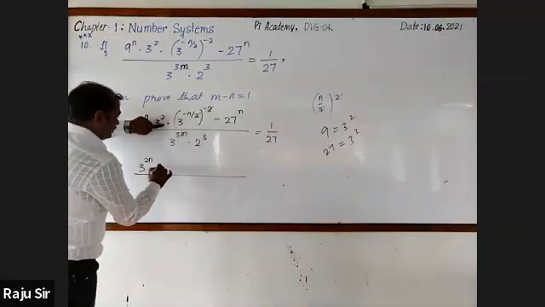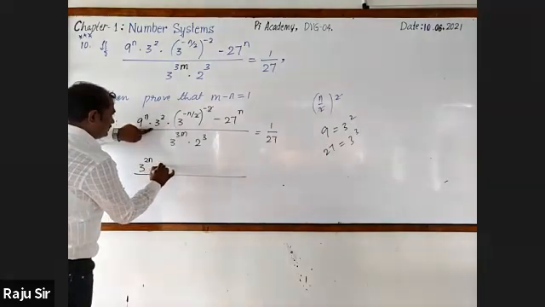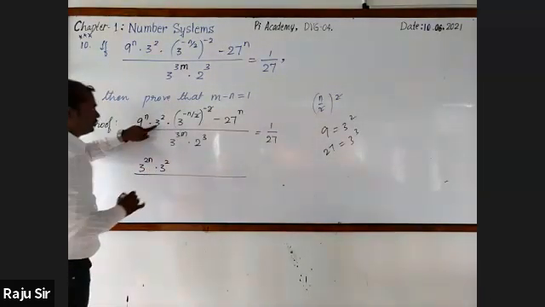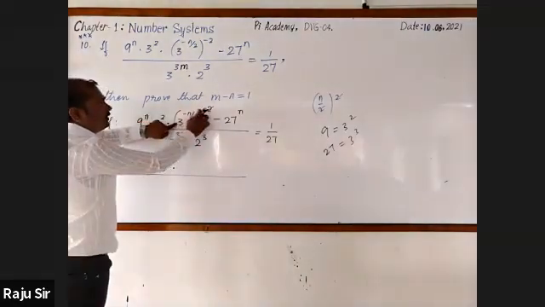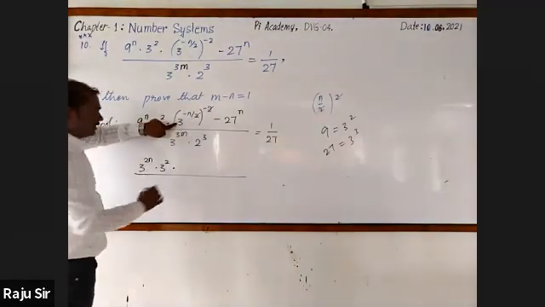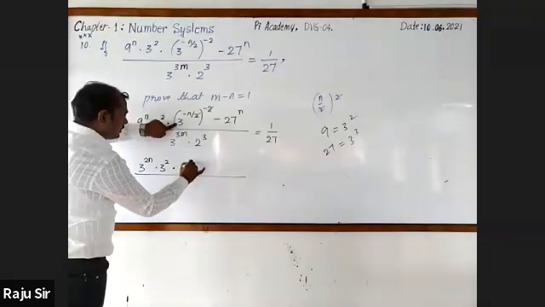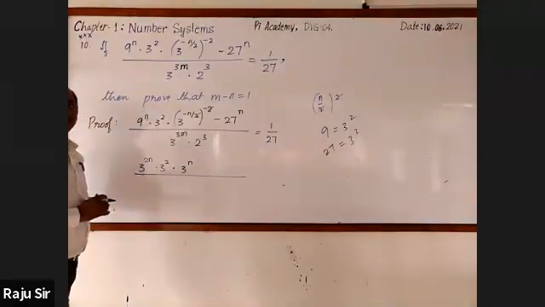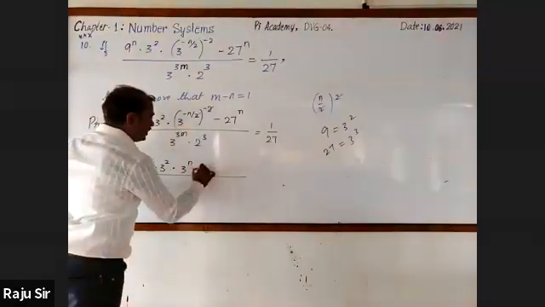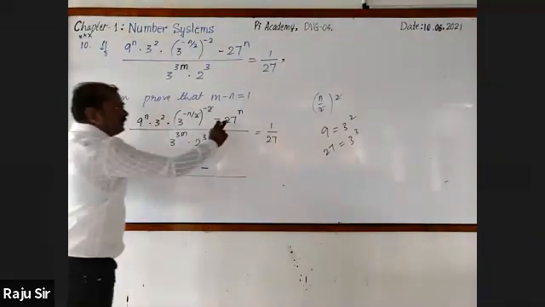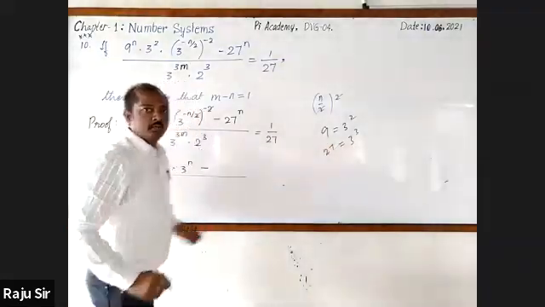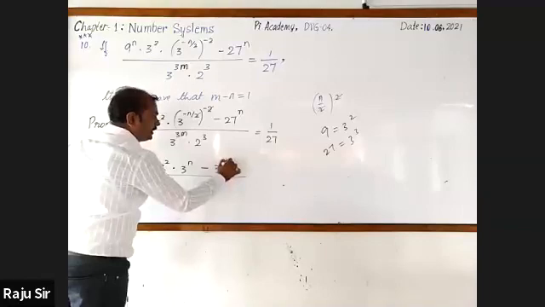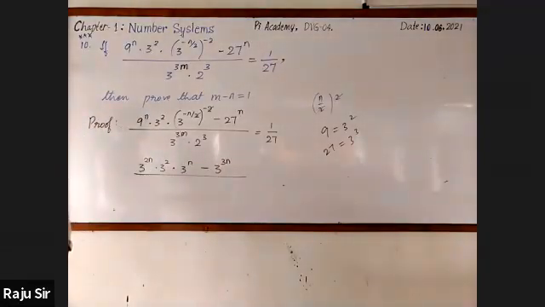It is into 3 raised to the power 2. Please go on writing with me. Into, minus minus cancel. It will be 3 raised to the power n. Now minus 27 is there. 27 is nothing but 3 cube. 3 cube all raised to the power n. So 3 raised to the power 3n